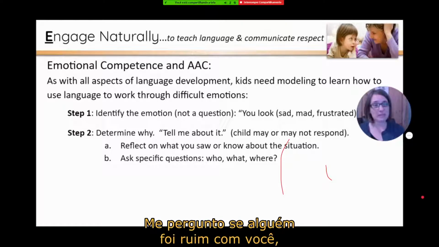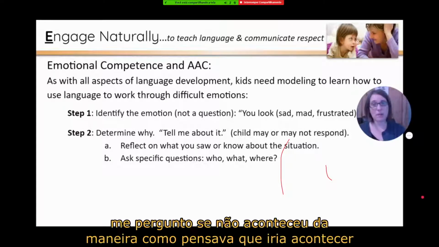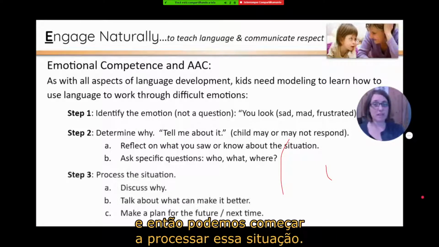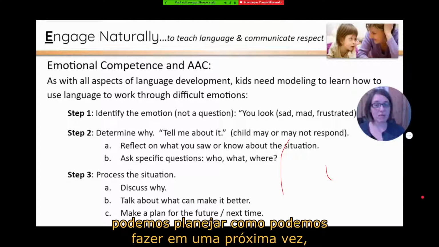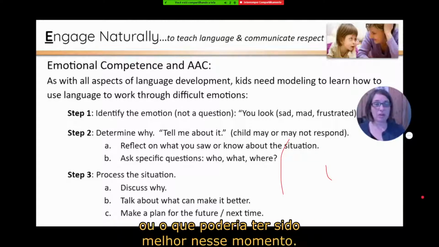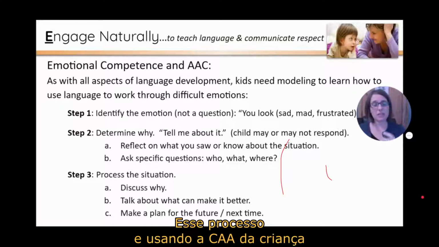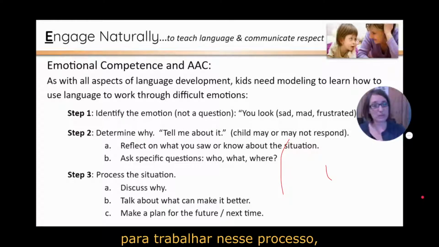I wonder if someone was mean to you. I wonder if it didn't happen the way you thought it would. And then we can start to process that situation. We might give information about why it happened. We might make a plan for how we might do it next time, or what would make it better in this moment. So this process and using a child's AAC to work through this process,